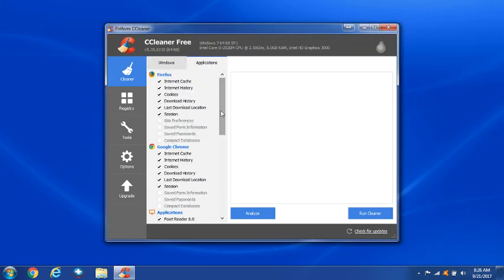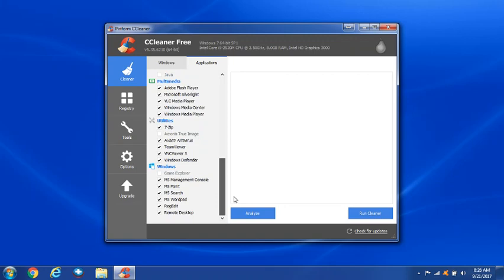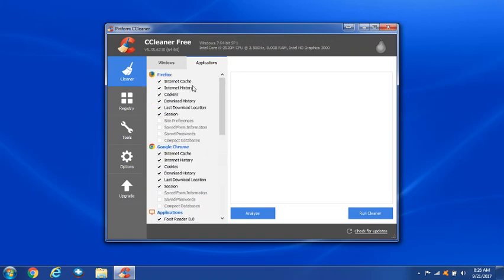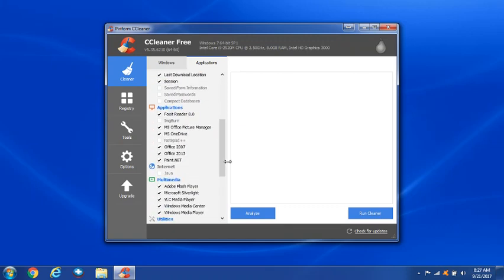Now for applications, we'll keep this very simple and very quick. We've got Firefox and Google Chrome, our other two browsers on this machine. Usually I leave these guys alone. I don't care if they save the passwords, but I'm very choosy with the passwords I'll let them save. Under applications,